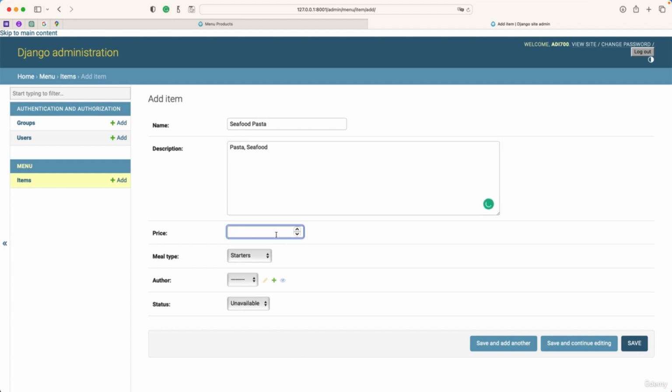You set the price, let's say 12.99, and then you define what category as a cook. Is this a salad, a starter, or a main dish? Let's put it on main dishes. And the author, so that's the name of the cook, the username of the cook. You can have multiple cooks who can manage the admin interface, and then you set the status as available or